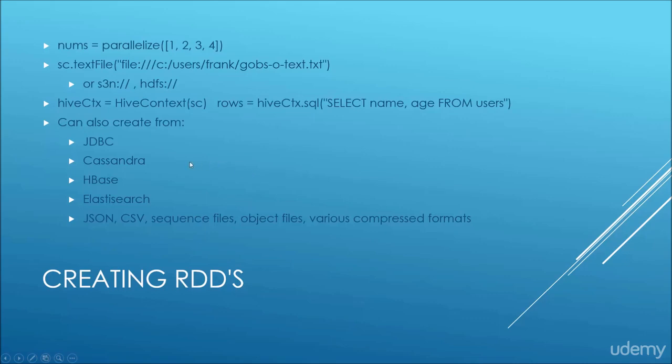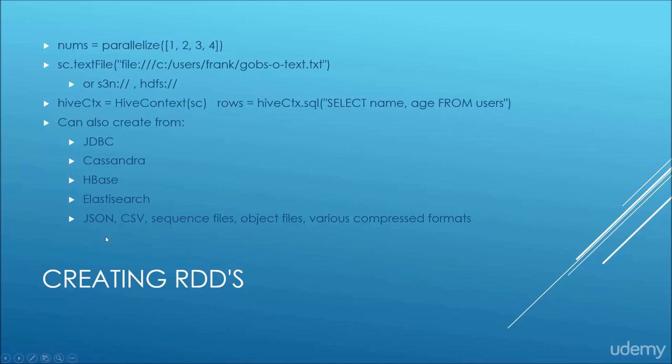And you can also create RDDs from things like JDBC. You can tie it directly to any SQL database that has a JDBC or ODBC interface. You can also use popular NoSQL databases like Cassandra. And it has interfaces for things like HBase and Elasticsearch and a lot of other things that are always growing all the time. Basically, any data format that you can access from Python or from Java, depending on what language you're using, you can access